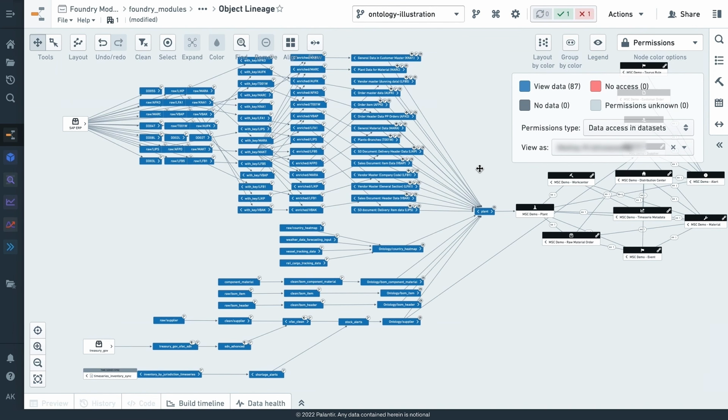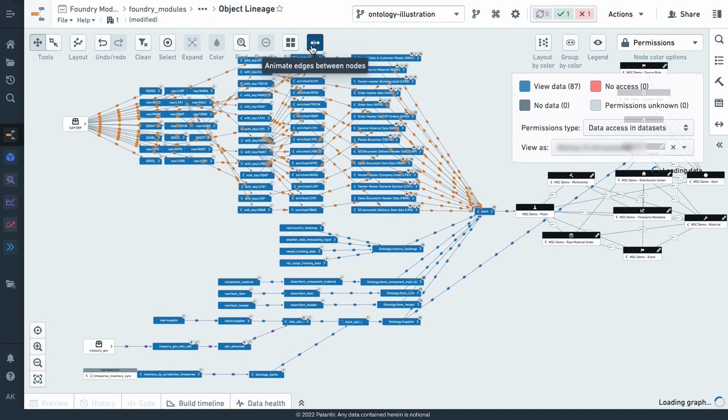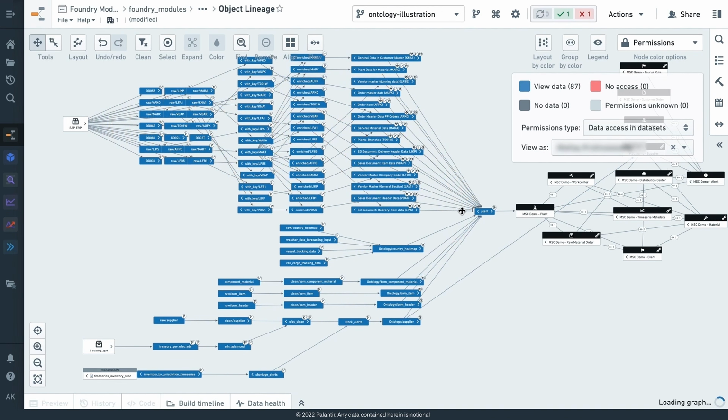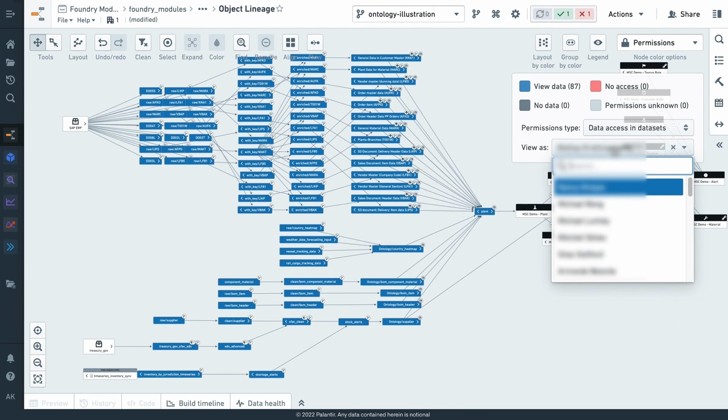But what's actually happening is we're assigning permissions to the data sources. So the SAP system, treasury.gov, etc. Basically the role-based access permissions that might be coming in from an Active Directory system or some sort of other authorization scheme that an organization has. And we're then propagating those controls forward. So that means that every child will inherit the union of all the permissions of its parents. To make that a little bit less esoteric, let's use another example.